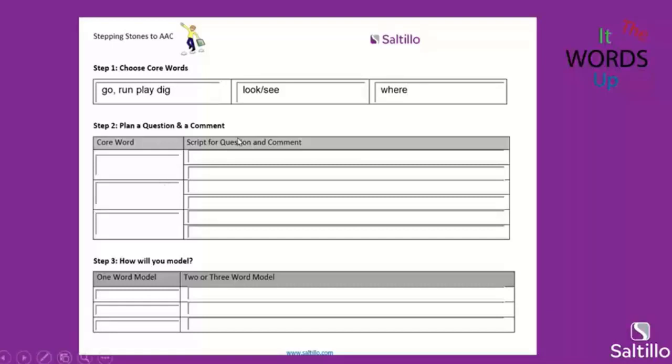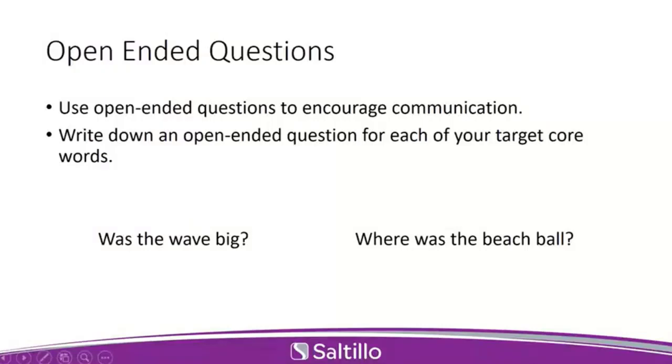And I was trying to use the question word where. I've been trying to increase the question words my students use when I go out or meet with teams, so I'm going to throw that one in. So that's step one, picking some of these words. And you can use your home screen or your core words board to help think of some of those core words if you're newer to core words, and help you plan that.